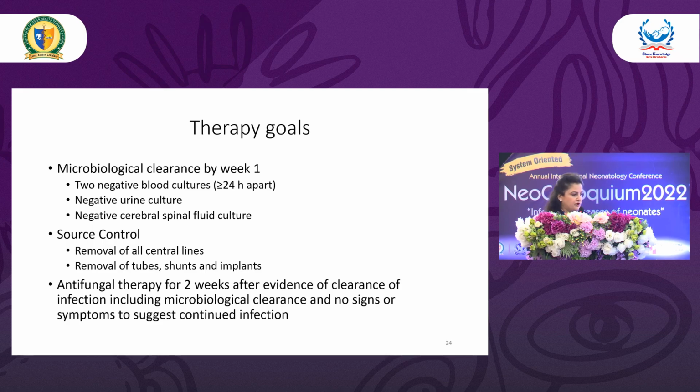So what are our therapy goals? When we treat them, what do we want? We want to have at least 2 negative blood cultures. And it's important to document this because Candida can present in the blood in showers. So you may have a negative blood culture, then a positive blood culture, then a negative culture. It is important to document 2 consecutive negative blood cultures. It is also important to try to document a negative urine culture. And if possible, we don't usually do it, a negative CSF culture, especially if the initial culture was